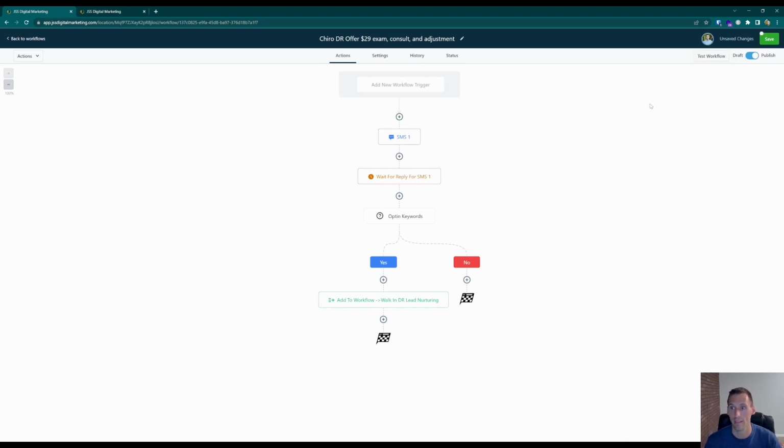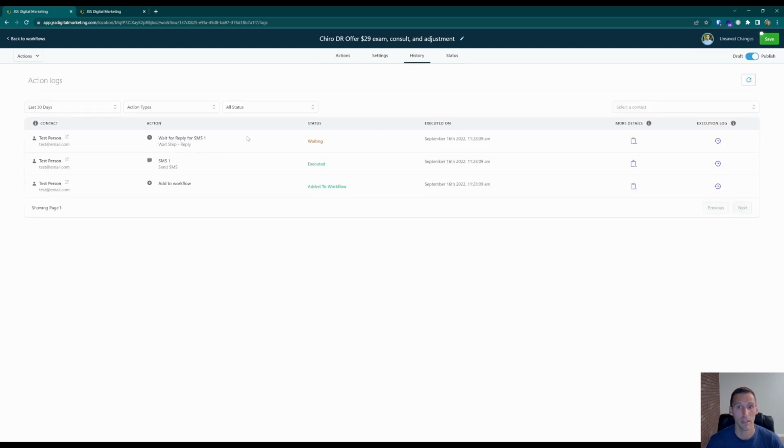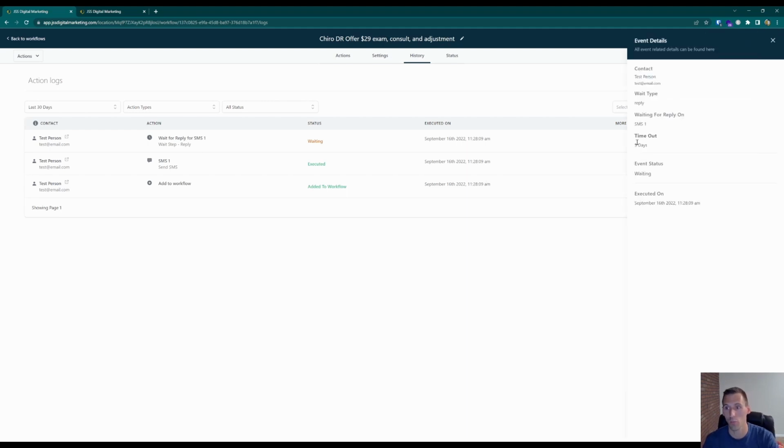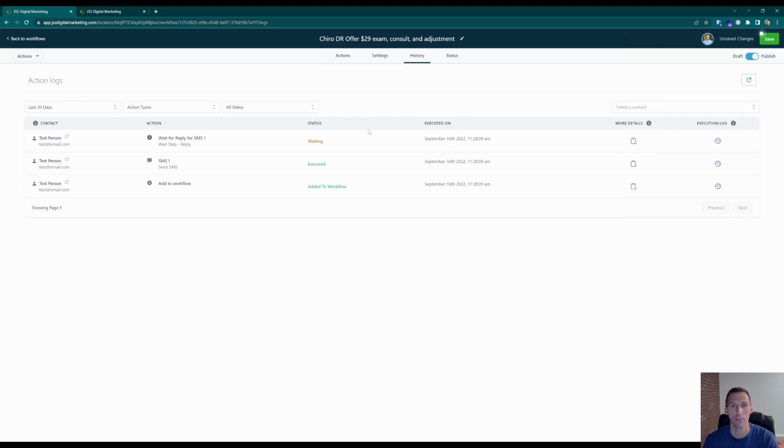So when we run that test, we can see right here on the history page that the test person was added to the workflow, they were sent an SMS and now we are waiting for their reply to that SMS. So you're able to go into more details of the person that it was sent to, the day and time it was executed, and really everything that is going on with these workflows, which is one reason, like I said,